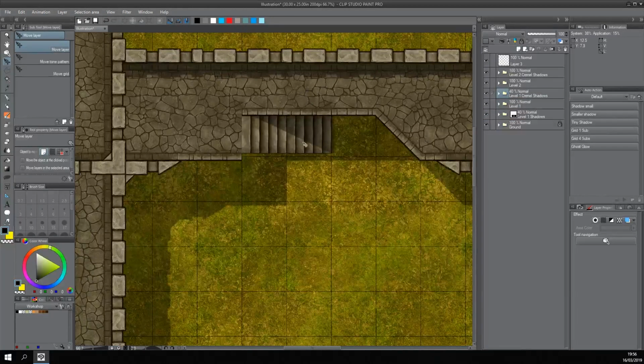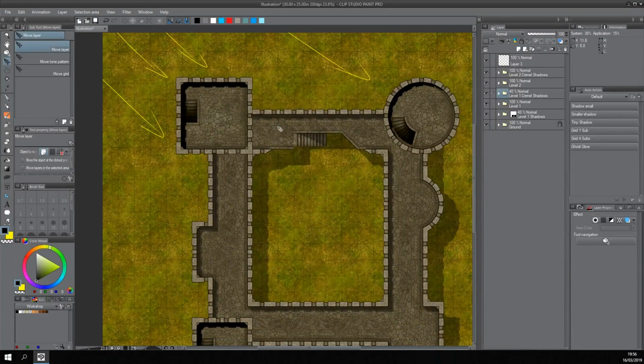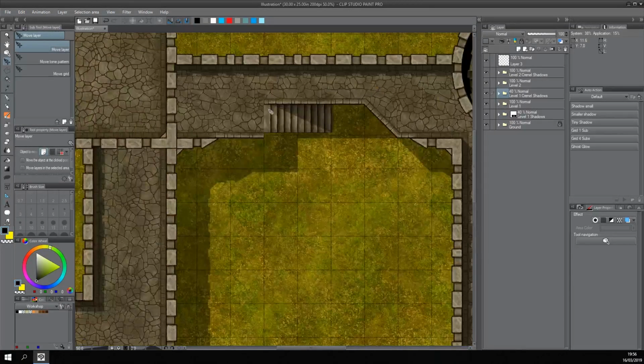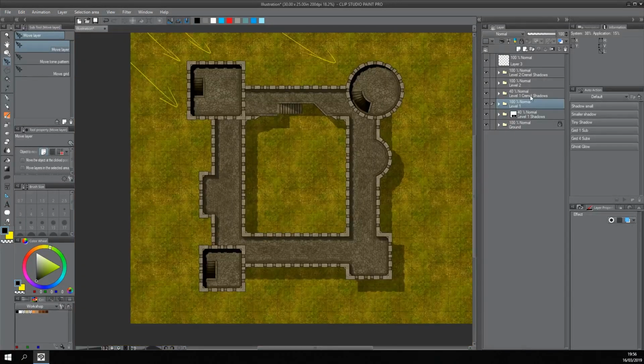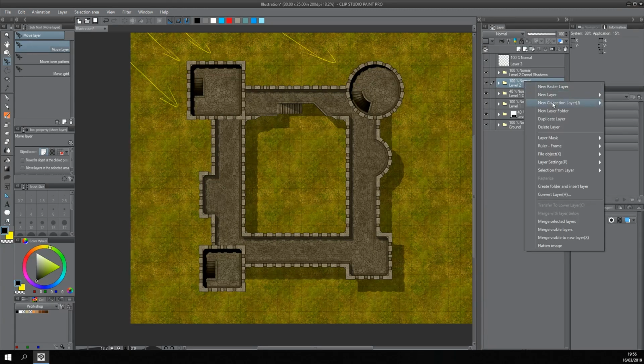Great. You can see this sort of creates an effect like they are going out. So now we want to create the exact same thing for the towers, but with the exception that towers are higher up on level 2. So instead of moving the shadow 1 square, you can move it like 1.5 or 2, depends what you like more. So again, level 2, I'm going to duplicate it,